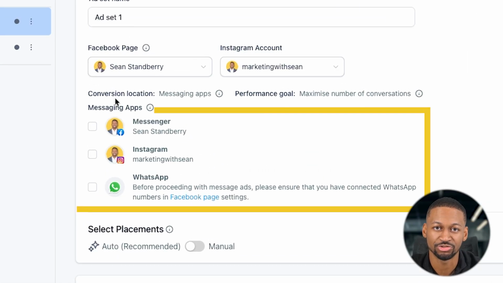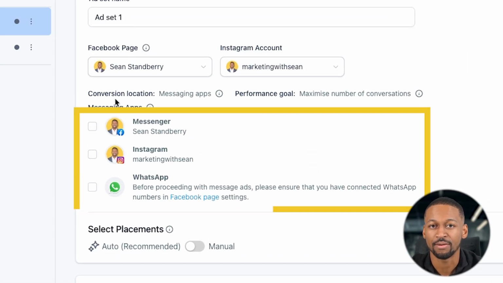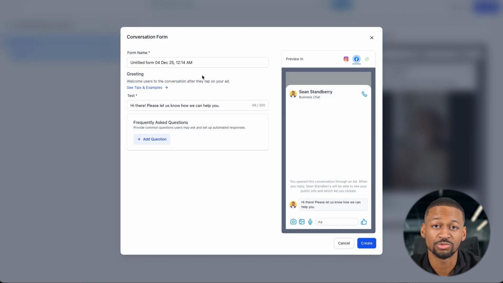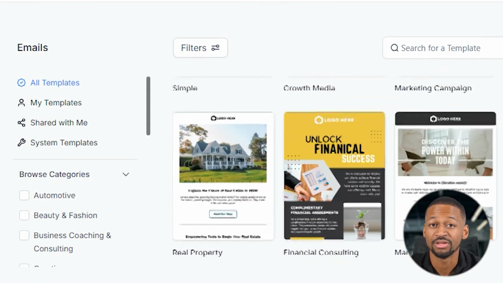Ads Manager. Now let's take a look at the Ads Manager inside High Level because this feature is honestly insane if you're running UGC ads for clients. One of the biggest reasons I love using this over the traditional platforms is because you can connect multiple ad accounts at once, create multiple Facebook forms, use a huge template library to boost your content, and you get way better analytics and reporting than you'd normally have access to. So let me quickly show you how it